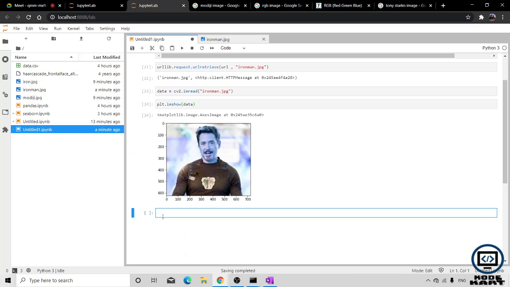For converting it into RGB format, let's store it in a variable. Let's use cv2.cvtColor.